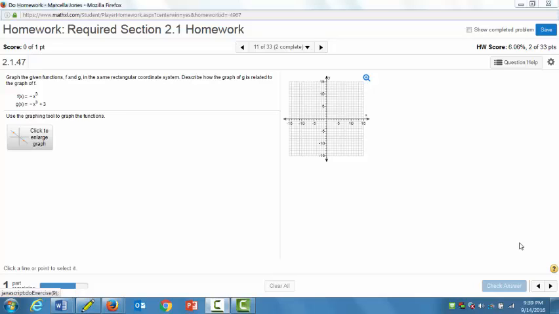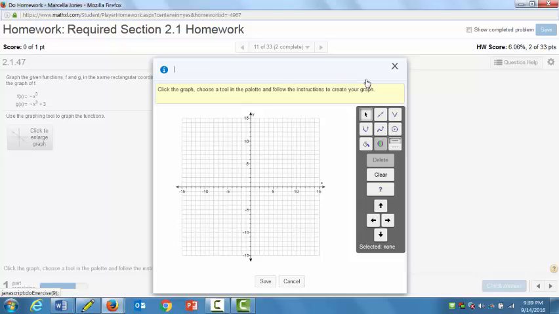All right, now we're going to take a look at graphing a cubic function and a translation or shift, a vertical shift of one as well. So we want to graph f of x equal negative x cubed. There is a 4-point cubic tool that allows you to do that. So you select the tool,